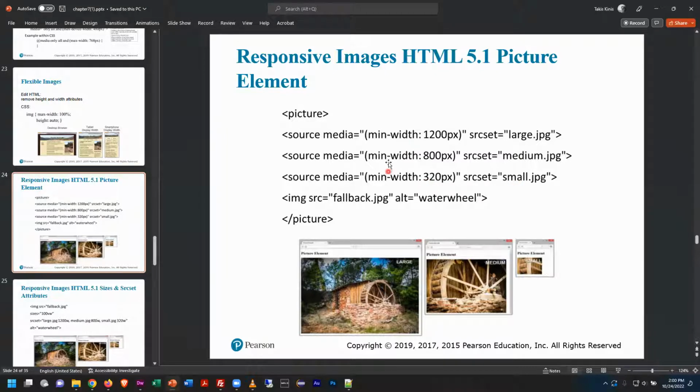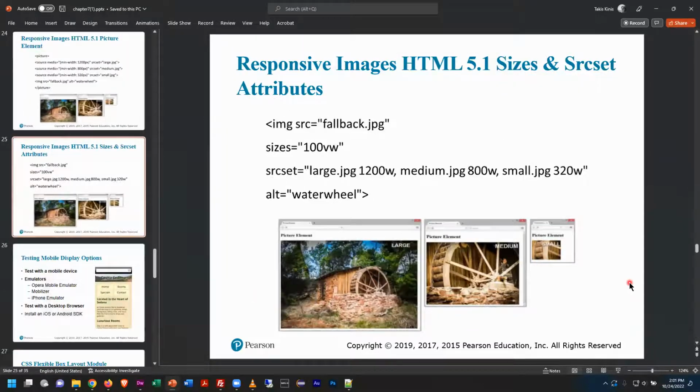And if none of those work, because this is a new HTML tag, your browser might not support it, then we'll just load the image tag, the regular one, whatever that is. So you would have to kind of determine that. This really, I think, is a pretty cool technique. And once again, this is a draft version of what's coming down the line. Now, as often happens with draft versions of HTML code, we don't know if this is going to be official ultimately. It does work right now, but they also have this other technique,